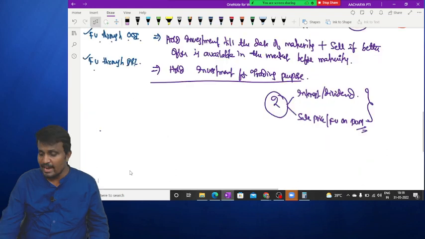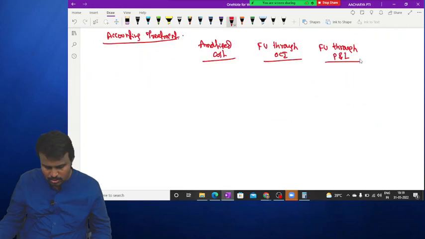Then coming to the accounting treatment. Coming to the accounting treatment, in case of amortized cost, and fair value through other comprehensive income, and fair value through profit and loss. Then coming to the first one,